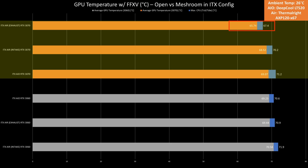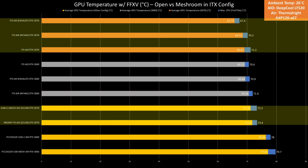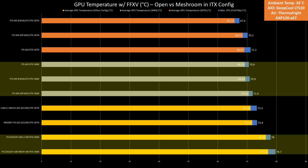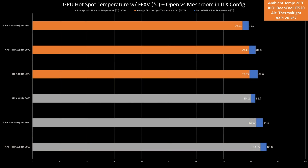I have no explanation, but likely it was just optimal for the specific GPU. As compared with the NR200P and Lian Li A4H2, those are just 2 degrees Celsius hotter than the Meshroom. The PC cooler cases are 6 degrees Celsius worse on average as well. The hotspot temp is pretty much the same story, with the temps ranging from 76.91 degrees Celsius to 83.55 degrees